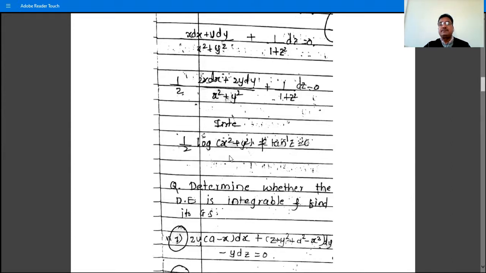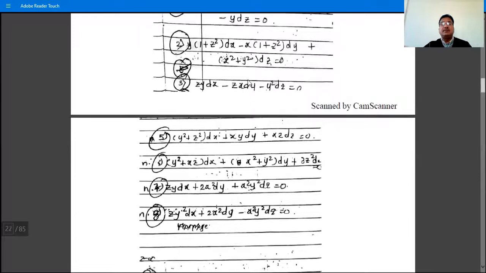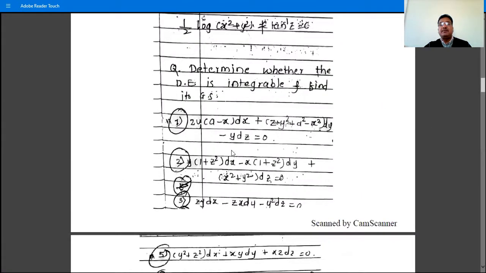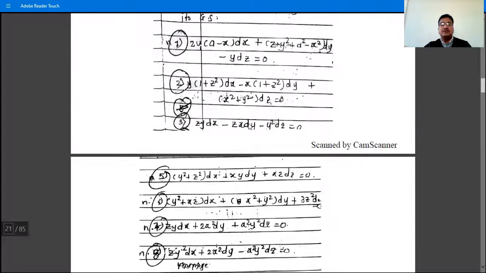So this is the general solution of the given differential equation, or primitive of the given differential equation, or it is called the complete integral of the given differential equation, or solution of the given differential equation. So these are some problems for homework or assignment. All these problems are one variable separable Pfaffian differential equations, depending on the method of one variable separable. So separate that one variable and find the general solution of these problems.